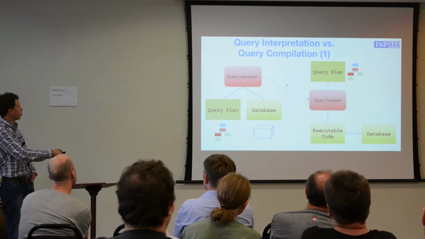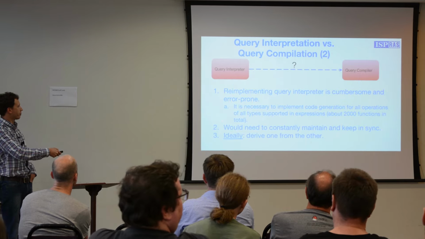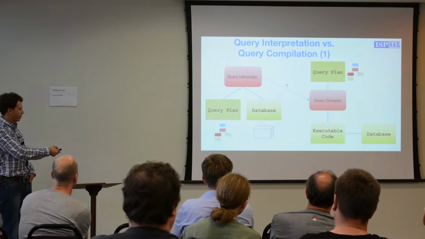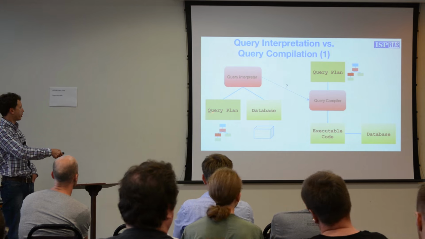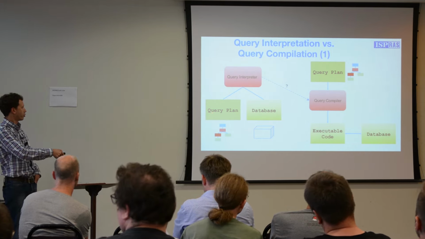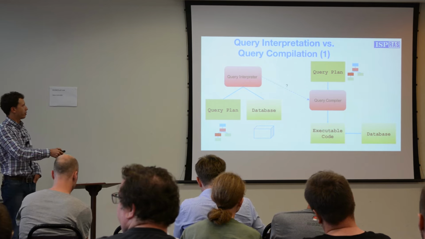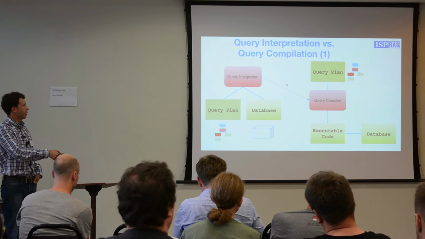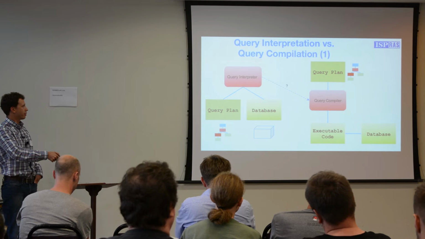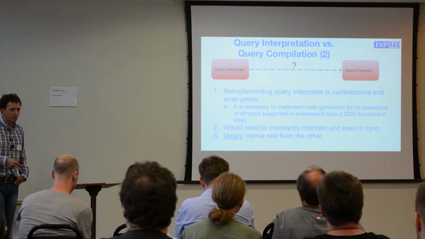So we basically want to move from this model. We have an interpreter, which has a query plan of nodes, and it goes node by node and interprets it. We go to this model. We have a plan, we compile it, and the code interacts with the database. We can do it two ways. First is